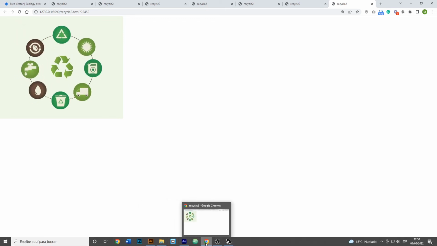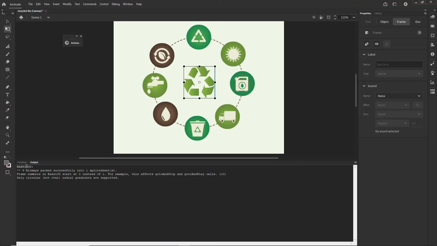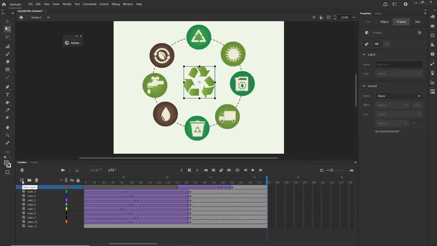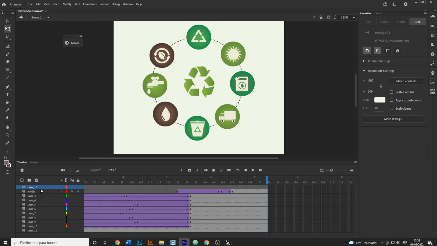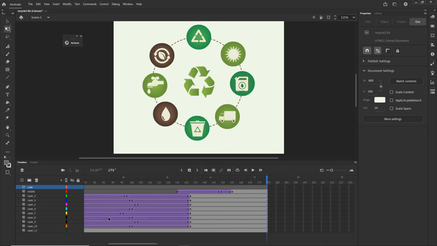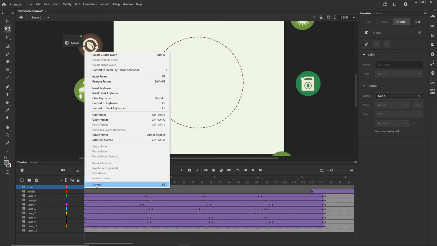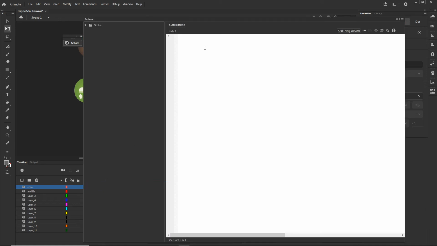So if you want to stop this, I will go back to the Animate, and I'm going to create a new layer, and I can rename this layer to be code, for example. And on this new layer I am going to right click, I am going to choose actions, or you can go with the F9 shortcut, and I am going to very simply write something like this